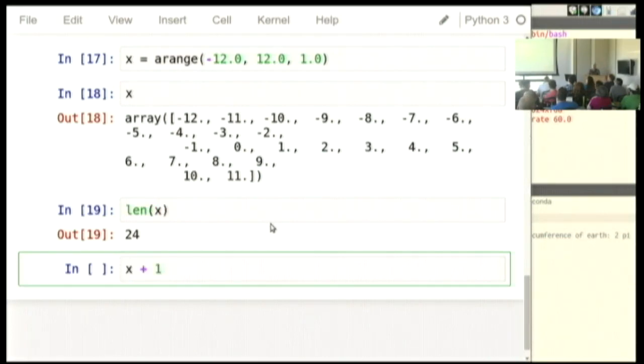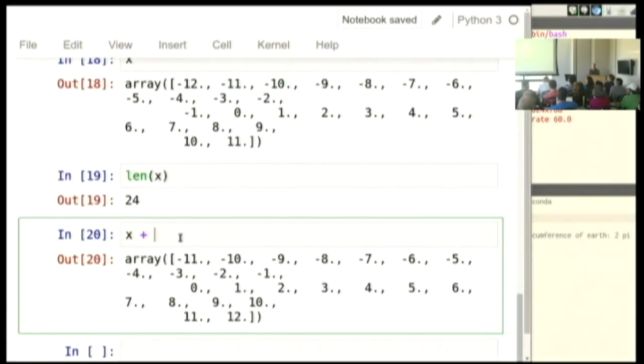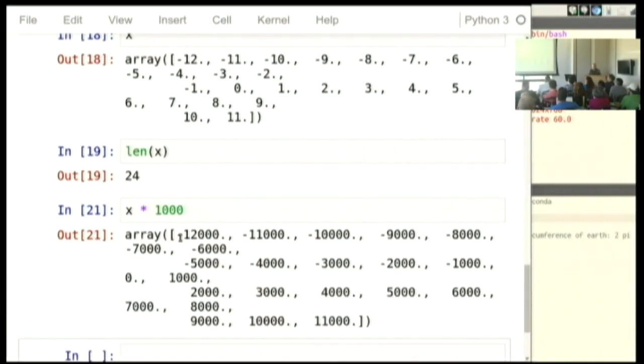I can say x plus 1 or x times 1,000, and a highly optimized, tight loop written in either C or Fortran, whichever is fastest for this problem, goes to work getting all 24 numbers and multiplying them by 1,000, adding 1, subtracting 1, whatever operation you do, it hands it over to the math coprocessor into highly optimized code to get it done.